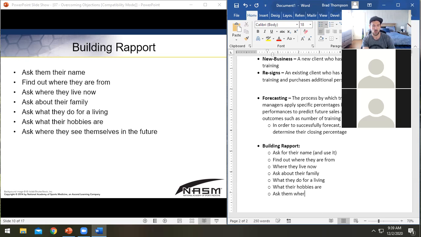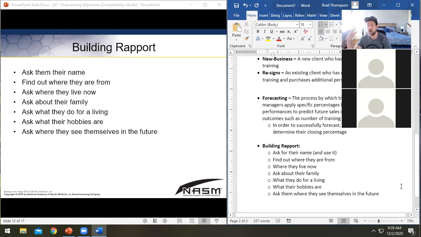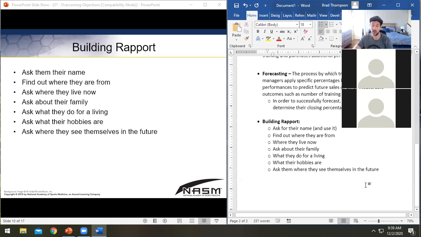And then this is a great one. Ask them where they see themselves in the future. That's a great one because you're figuring out what their goals are. Generally people are going to see themselves favorably, where they want to go, right? And if your job is to help people get where they want to go, that can be a really powerful question, because you can open that up and use it in conversation, speaking in the future tense. That's one of my favorite things that I always encourage people to do.